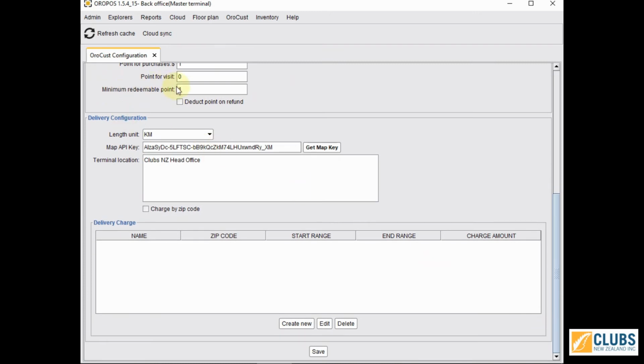We've also got a points for visit here as well. We're just going to leave that at 0, but you can allocate points for every time they visit the club. And we've got a minimum redeemable point of 1, but you might say you've got to have 100 points minimum or whatever, depending on how your system is. We're going to save that now,